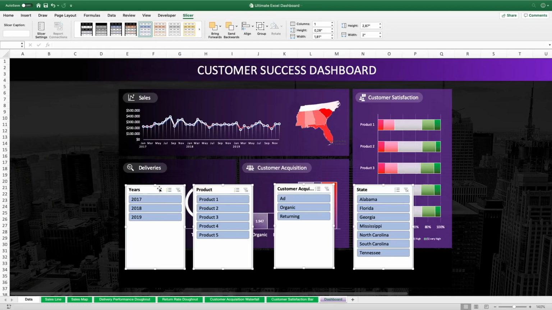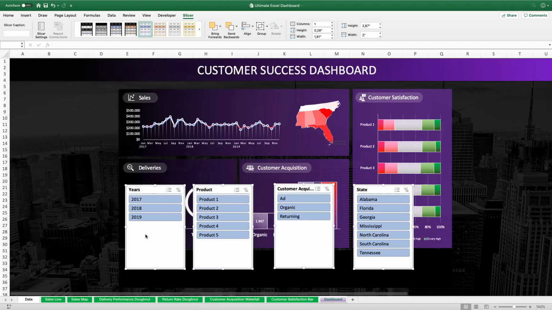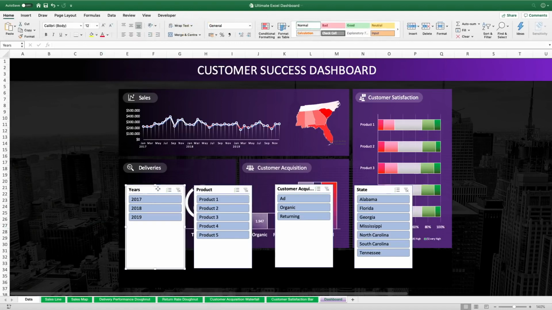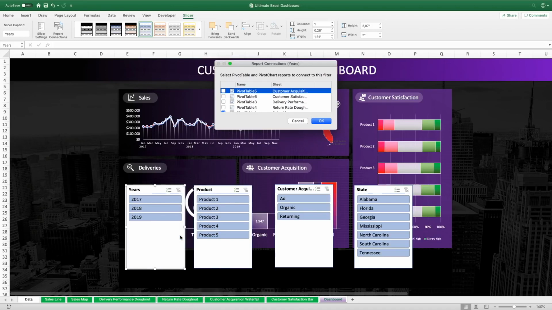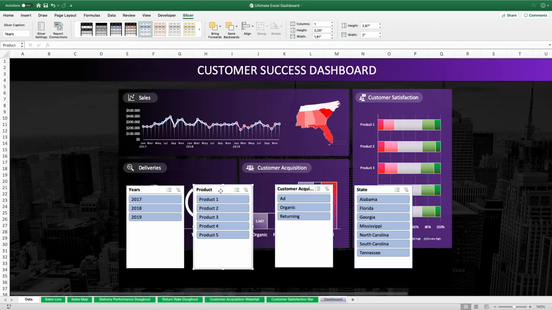And now that we have all 4 slicers selected, let's connect them to all the other pivot charts, because currently they are only connected to our fancy line chart up there. And we have to click on Report Connections. Oh, okay, it seems like we cannot do that for all 4 at once, so we have to do it slicer by slicer. We right click on the first one and go to Report Connections, and that opens up this pop-up window where we simply select all these pivot tables. You see it is pivot tables, but these pivot tables are directly connected to these pivot charts, so that's basically the same. And now we just do this 3 more times